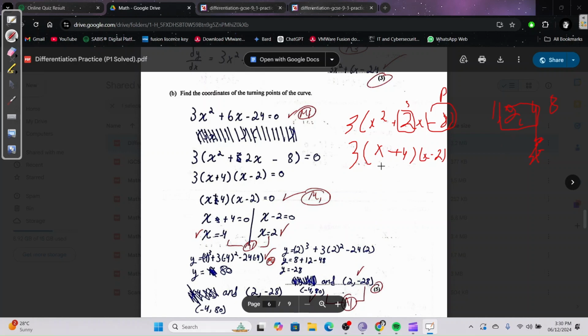Now, using the product rule, this is going to equal 0. All of it is going to equal 0. The derivative is going to equal 0 for the turning points. Using the rule for this, I forgot what it was called, zero product, I think, all of these have to equal 0. So 3 equals 0 is not a real solution, we cross it out. x + 4 has to equal 0,